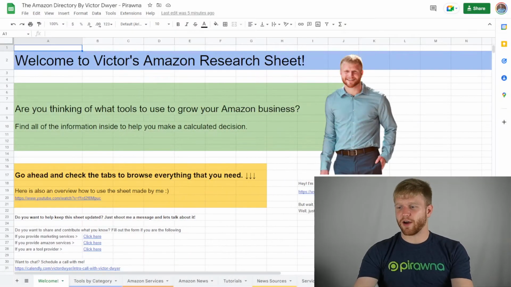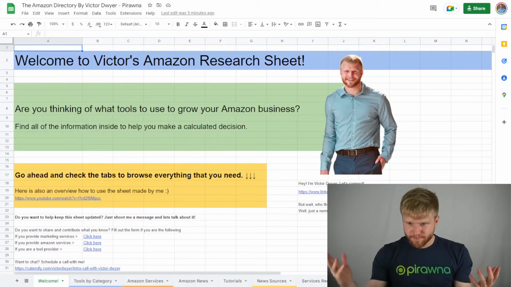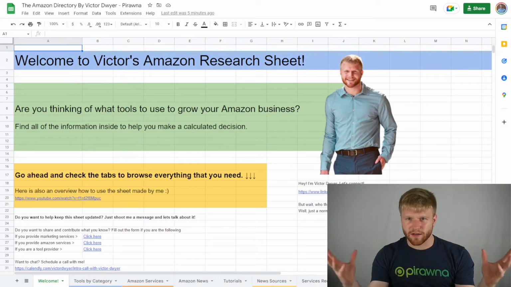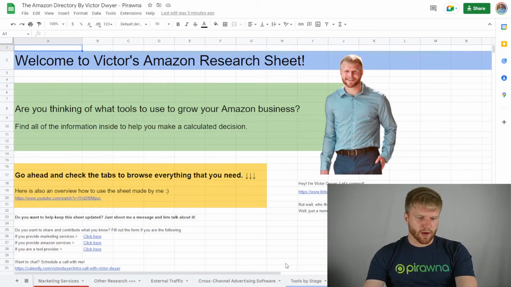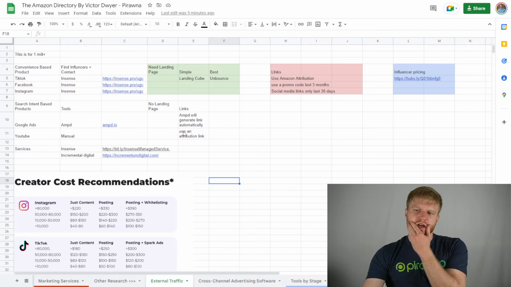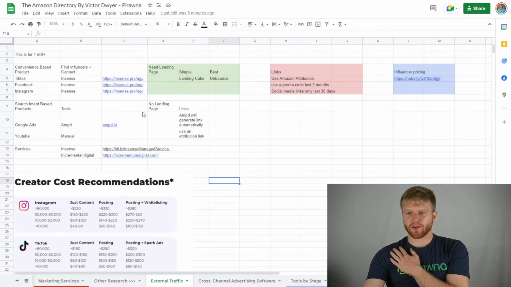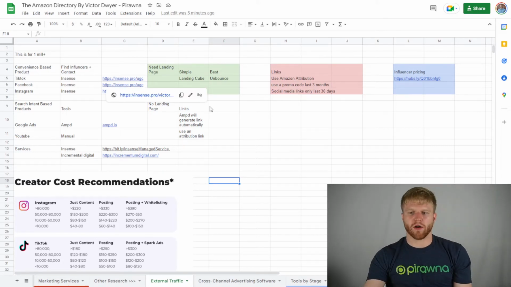into it. We're going to get into the Google Sheet, which is what I call the Amazon directory. This sheet will be in the link below. Feel free to check it out. But basically, today we're going to go to the external traffic tab right here. So I built this one out, and this will have everything you need to know of what particular